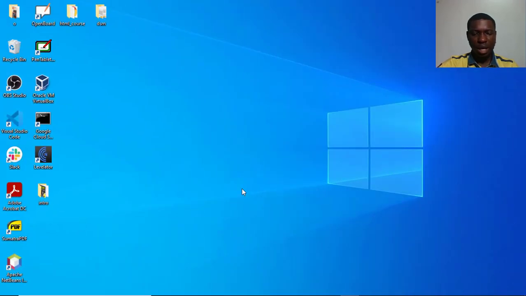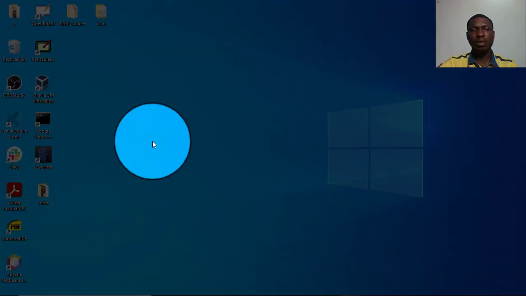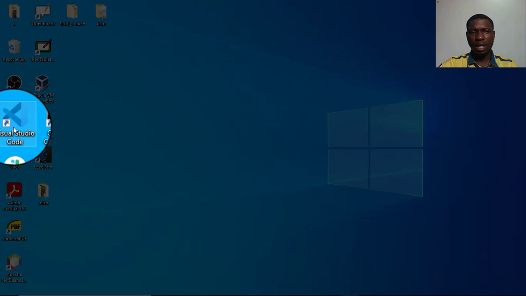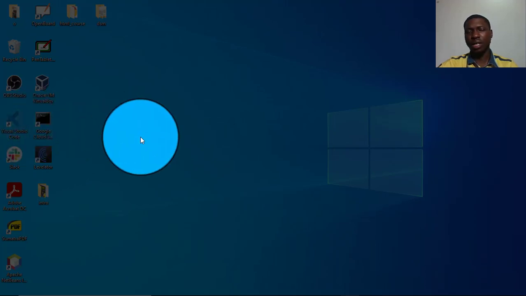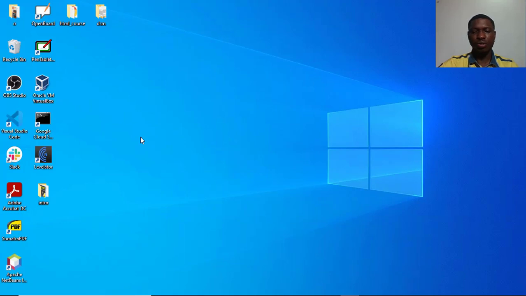So the first thing I want to do is set up my environment. Setting up my environment will require me to download a browser and a code editor. Those are the two basic things I will need right now for JavaScript. Now I've gone ahead to download a code editor and I will be using the Chrome browser, which I already have installed on this computer. But I'll just show you exactly how you can do the same as well.